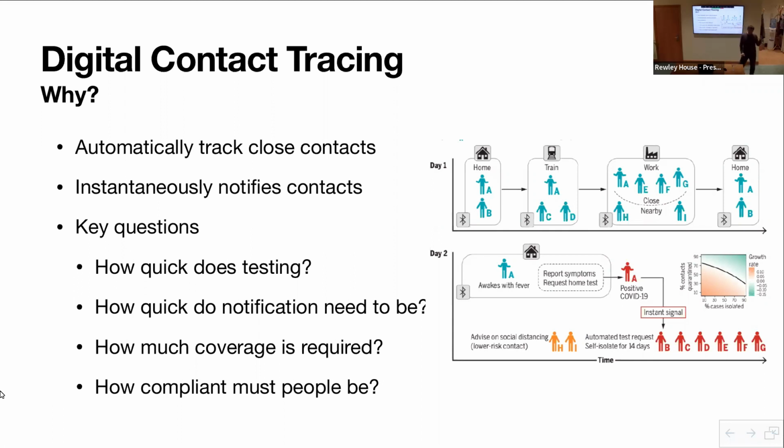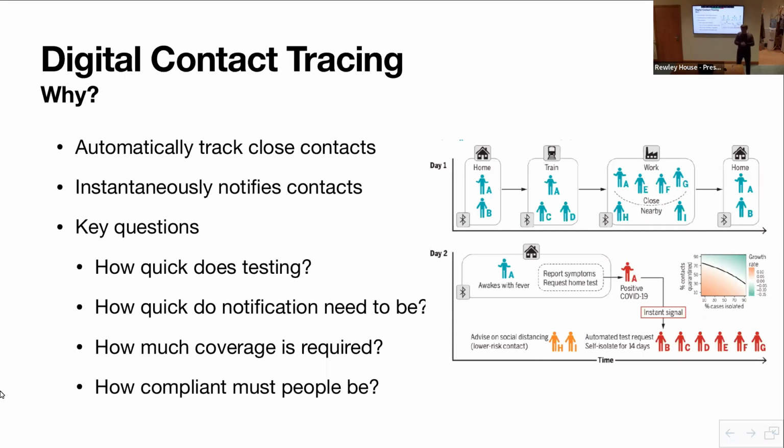And what it does essentially is automatically keep a record of all the phones it's been in contact with for a certain period of time. And then once someone has tested positive, a message can be sent to every phone that person has been in contact with to notify them that they've been potentially exposed, and that really speeds up this entire process of contact tracing. So that was the idea. The problem was we need to do it very quickly because of the very short generation time. The idea was, can we use technology to do it much more quickly?